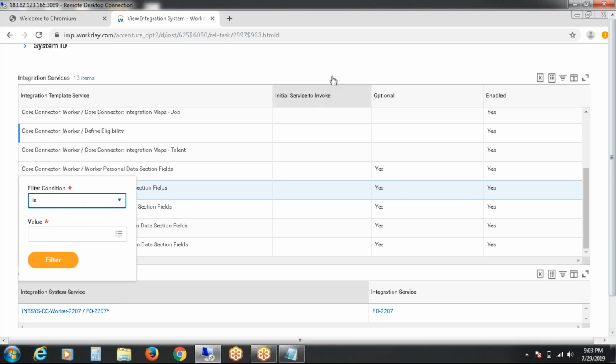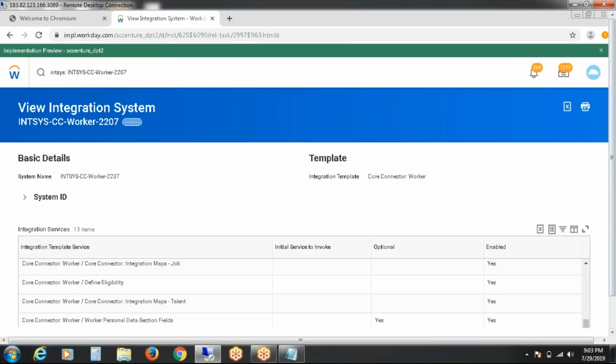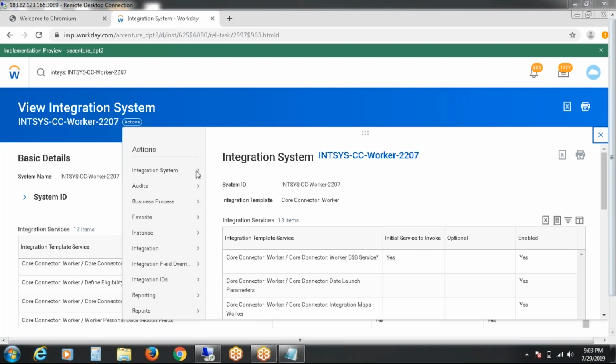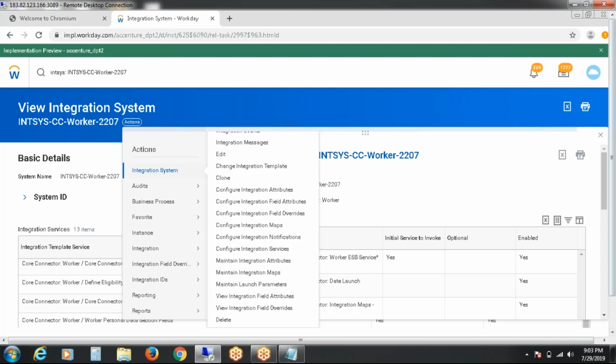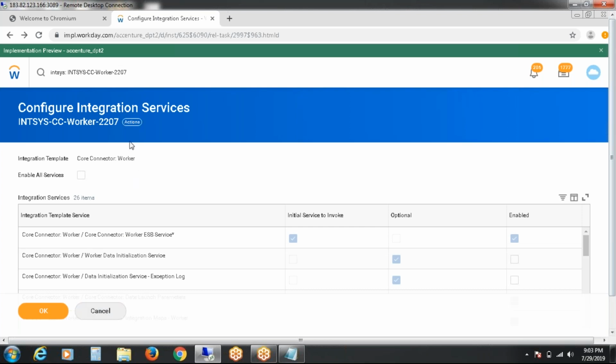Now please go to the integration service and configure field attributes, sorry, field overrides. Cancel.